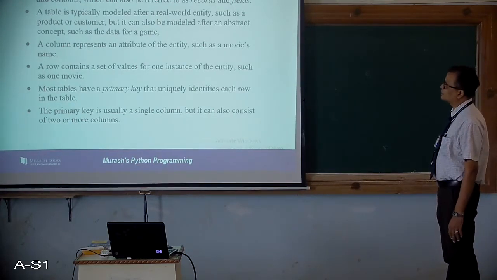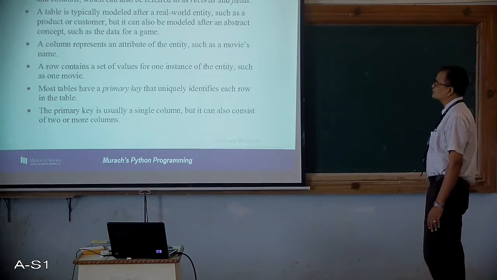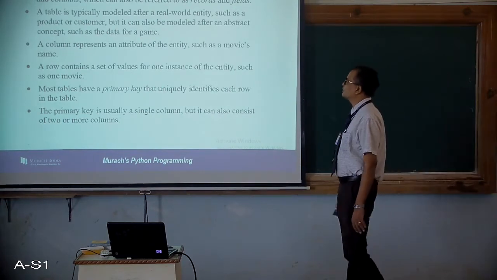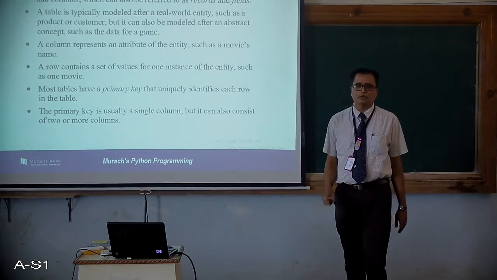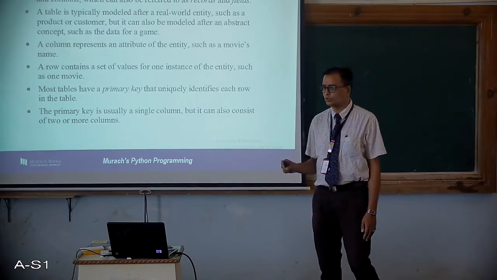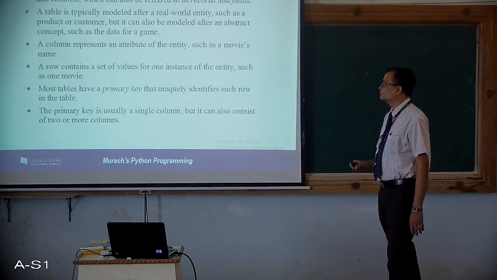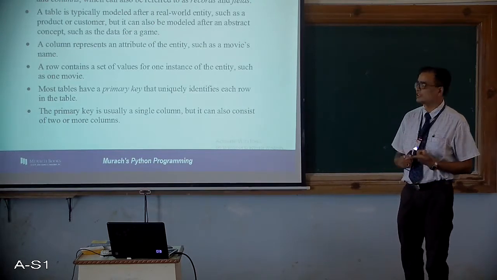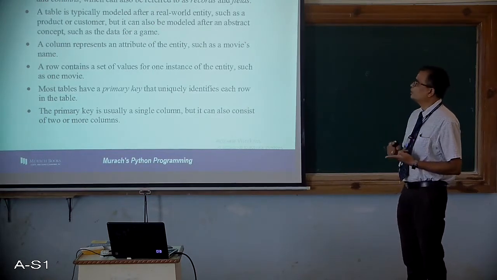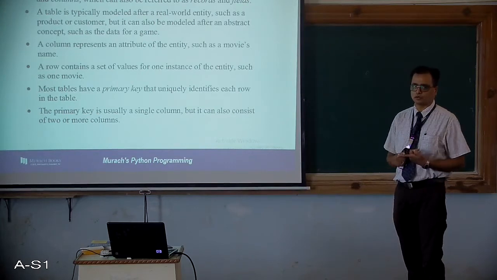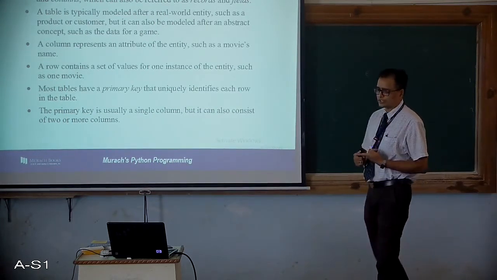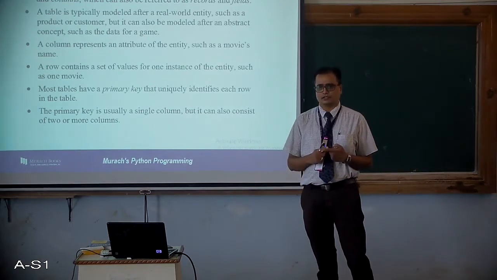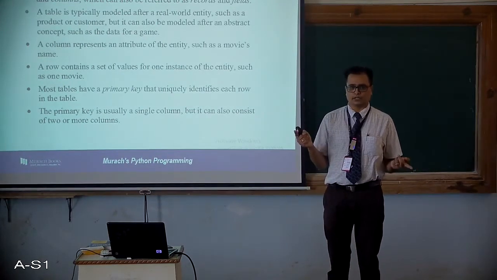A relational database consists of tables. A table consists of rows and columns, which can also be referred to as records and fields. This is very important. Whenever you are writing answers related to a database management system, you need to be able to differentiate between what is a record, what is a field, what is a column, and what is a row, right? And how a relational database actually works in the real world.